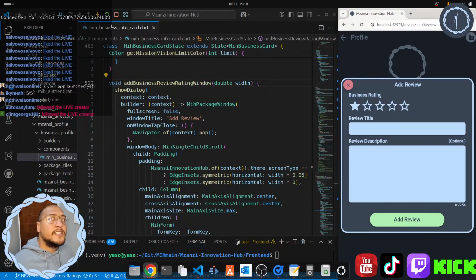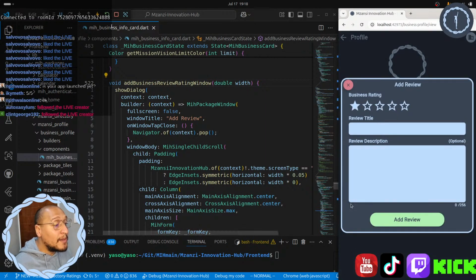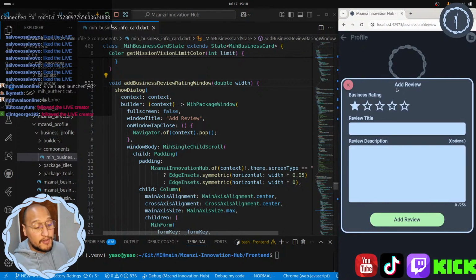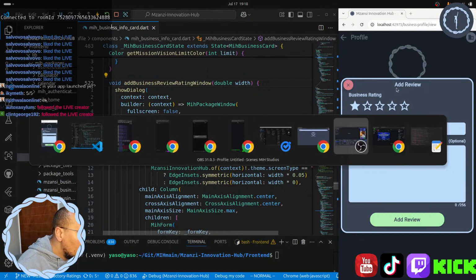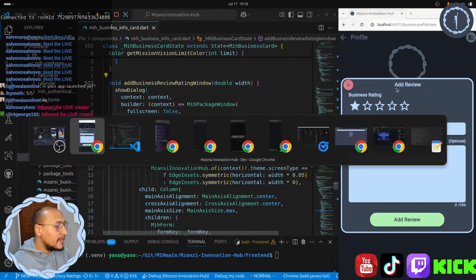It'll be a little bit tricky right now because our APIs are not set up for us. But what I want to do is, if this is your first time rating a business, you click on this, it'll open up the add ratings window. But if it's not your first time and you've already rated them and you click on rate us, it'll be edit review. So it'll pull your information for the rating and it'll add that there. Let me just check something quickly over here. Yeah, everything is perfect.